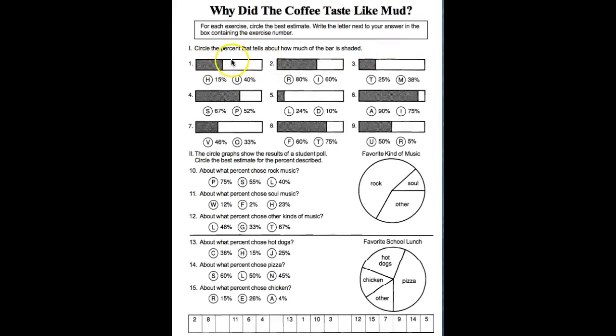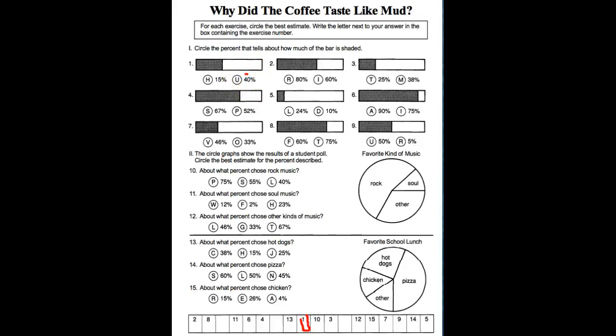When I look at this, about right here would be 50%, because we all know that half is 50%. Okay, so would this be closer to 40% or 15? If this is 50, half of 50 is 25, right? So it's going to be between 25 and 50. So for sure it won't be 15. So for number 1, we're going to see the letter U. So then we go down here, and where it says number 1, we're going to put the letter U, because